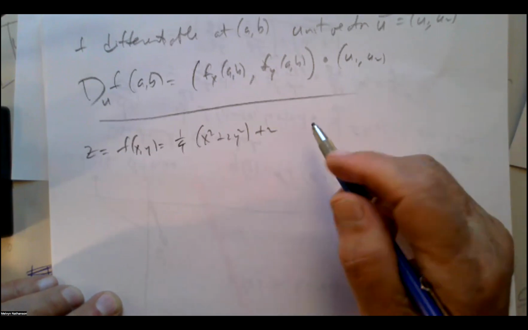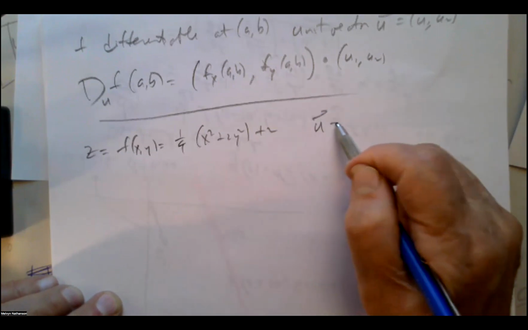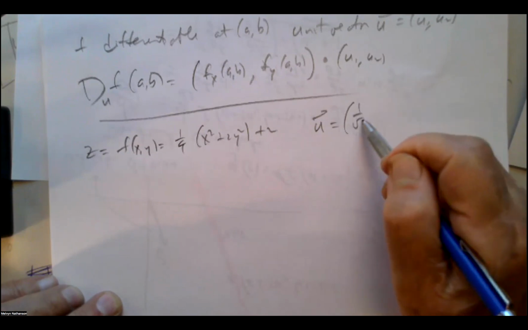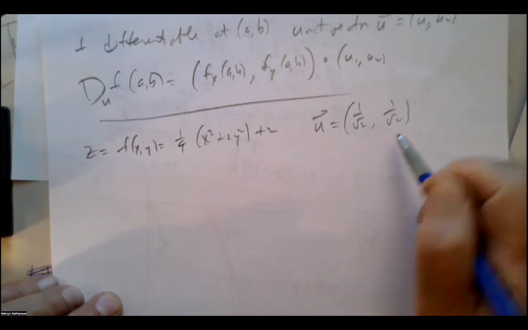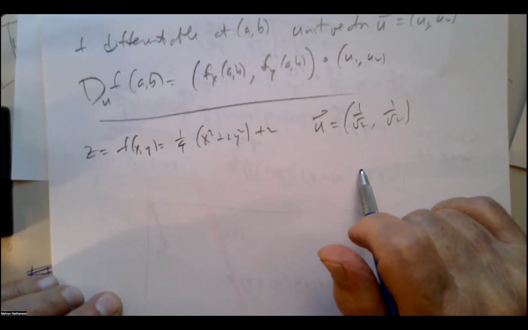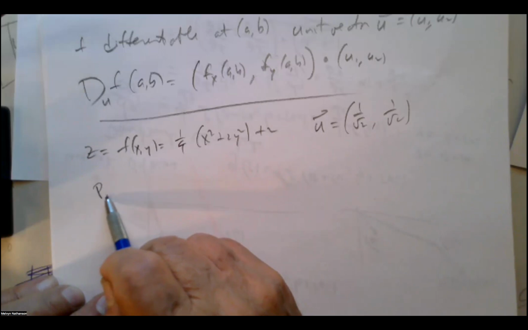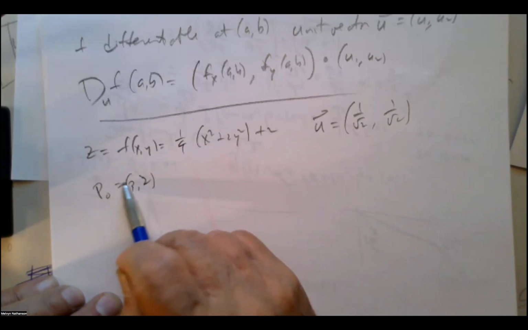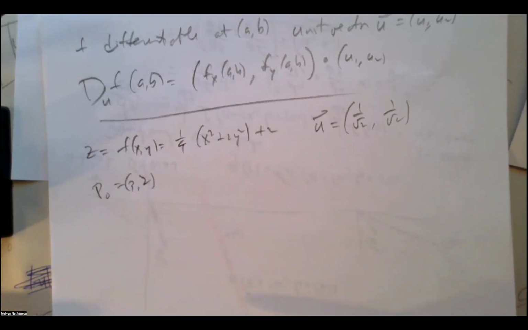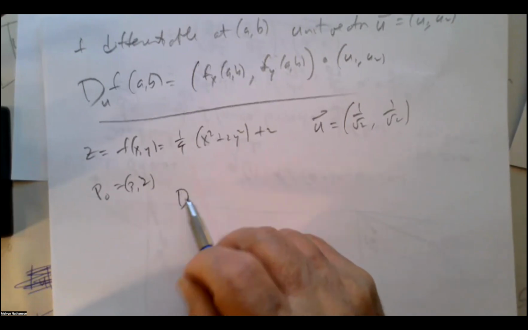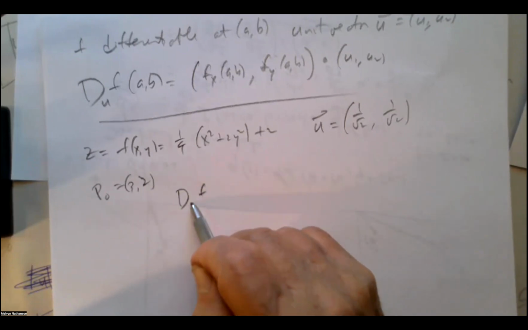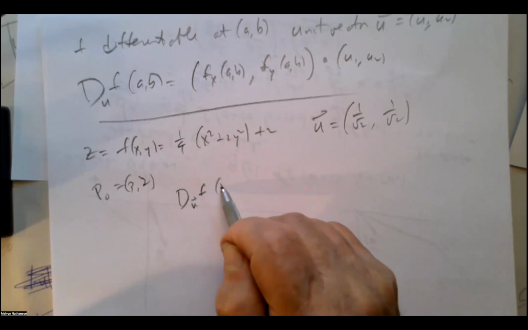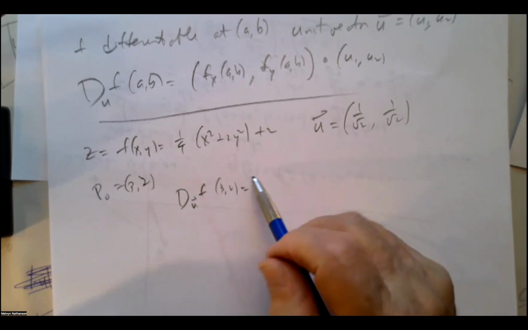And suppose I want to go in the direction of the vector u, 1 over root 2, 1 over root 2. So this is a unit vector. And suppose I take the point P naught with coordinates 3, 2. So the directional derivative of this function f in the direction u at the point 3, 2,